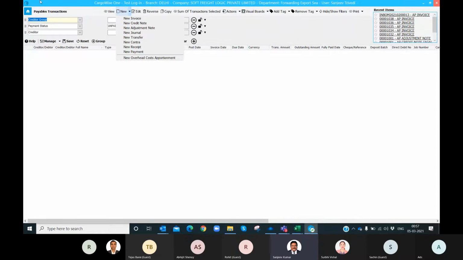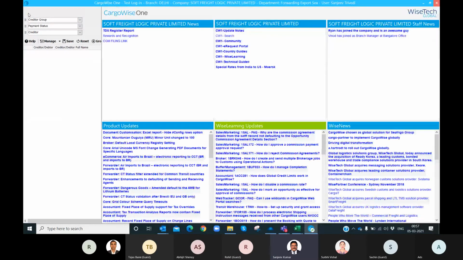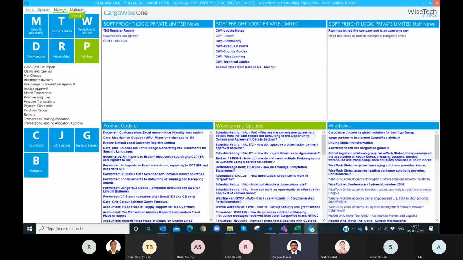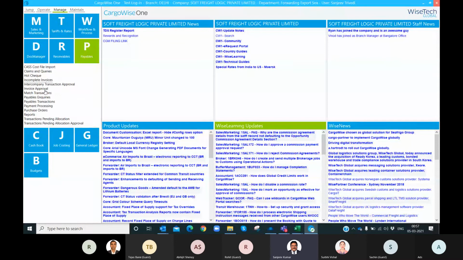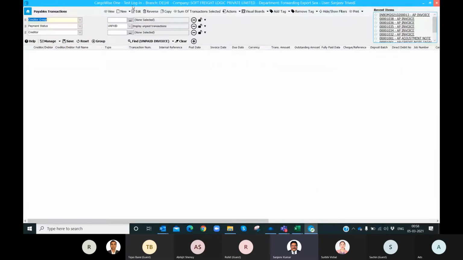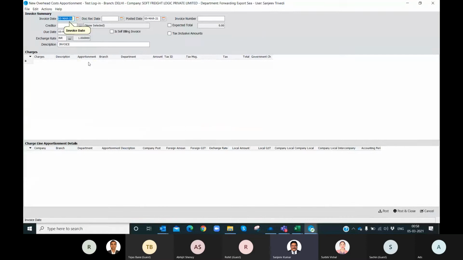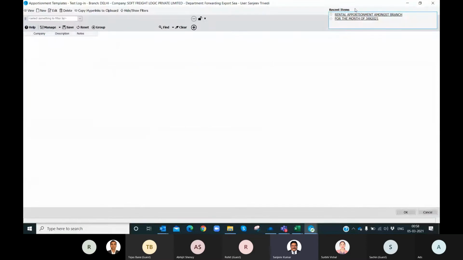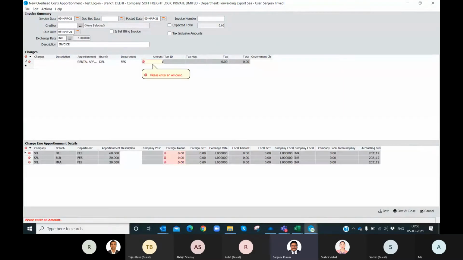As I told you, if we map here under maintain account apportionment template, if created, we need to go to manage payable transactions, and in the new drop down option, we have to go here, new overhead cost apportionment, and here we need to select that apportionment rule. Like here, we have created rental apportionment. If I put amount 1 lakh, suppose,